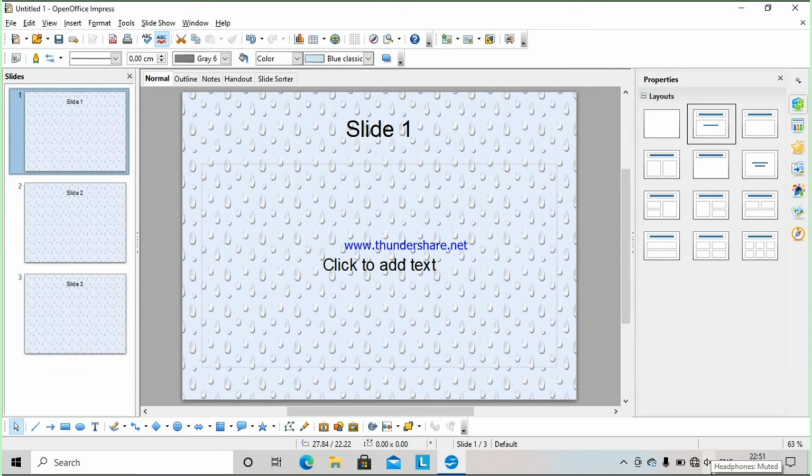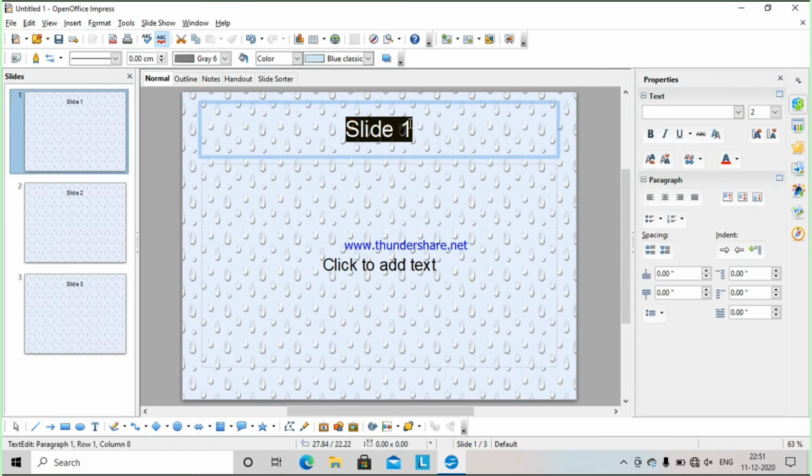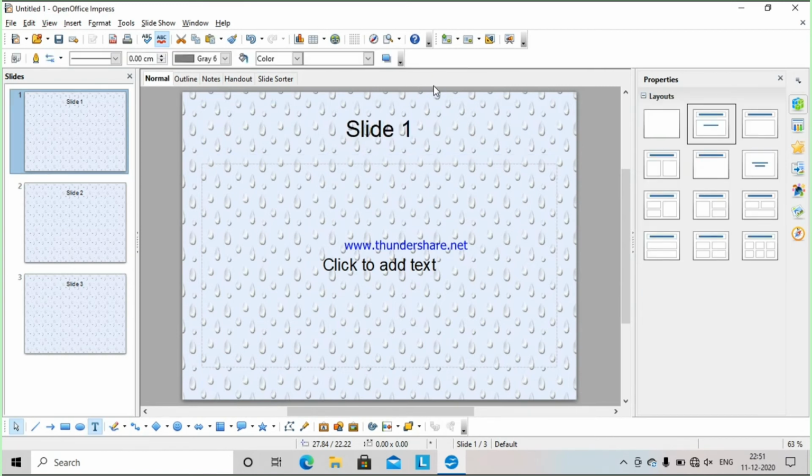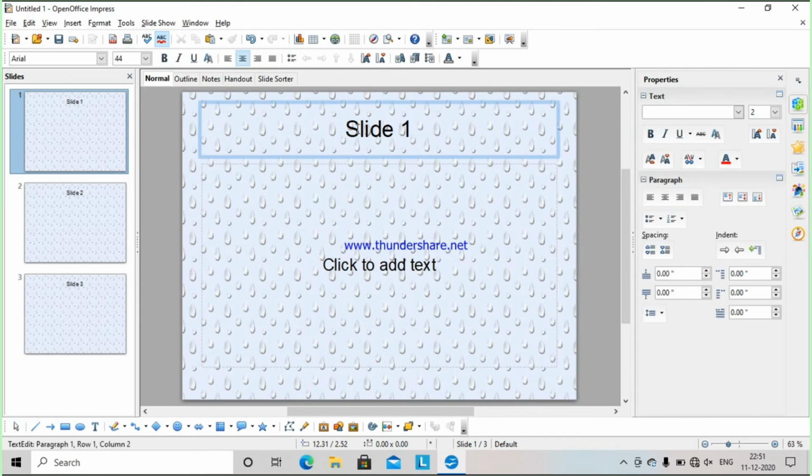Now, to change the text style, that is the font or style of the text in a slide, we can have a font setting also. For example, this text is Slide 1. If I want to change the font size, font setting, or other settings, I can do it either from the formatting menu, or from the formatting window. For that, first I need to select the text for which I want to do the settings.